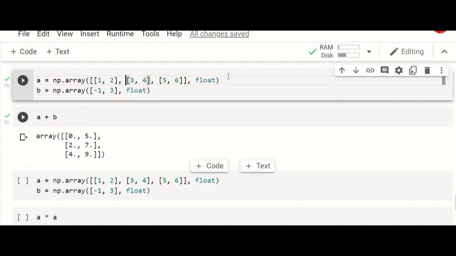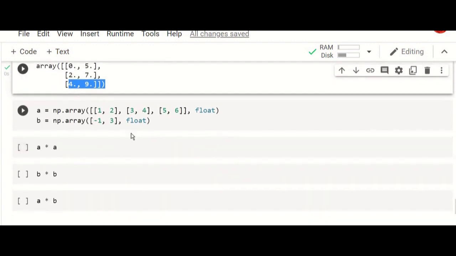And the third row of A array is added with the row of the B. Here if we have 3 rows in this B matrix, it will be added as usual. But in this case still we have insufficient number of rows. So the same single row will be added with all the rows of your A array and you have this 4 and 9.